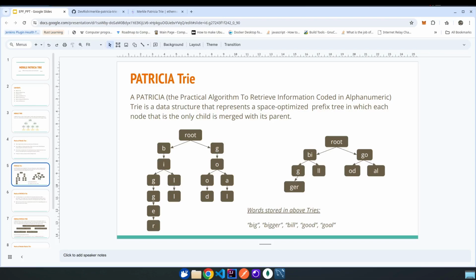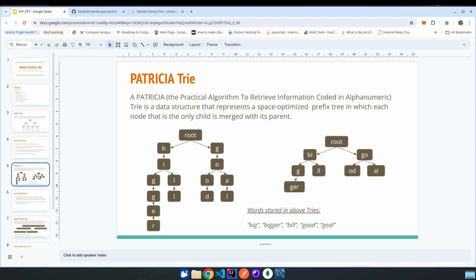So the main problem that we face with Merkle trees is that it takes too much space for storing the keys, as it is a tree. So both the key and values are stored inside of each node, and we use the keys to get to the nodes containing the value. But here we can use a better data structure like a trie, which stores the keys along the path that we traverse along the tree to reach the value, and we can further space optimize a trie to a more compressed version of the trie, which is the Patricia-trie, in which every parent that has a single child is merged